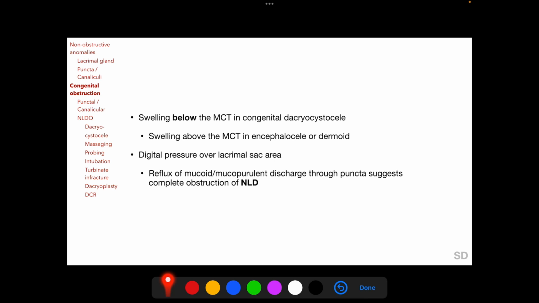If there is a congenital dacryocystocele formation in the lacrimal sac from NLD obstruction, we typically get a swelling below the medial canthal tendon. In contrast, swelling above the medial canthal tendon suggests another diagnosis such as encephalocele or dermoid cyst. Digital pressure over the lacrimal sac area is a very important test which should ideally be done in every patient with epiphora, and reflux of mucoid or mucopurulent discharge through the punctum suggests a complete obstruction of the nasolacrimal